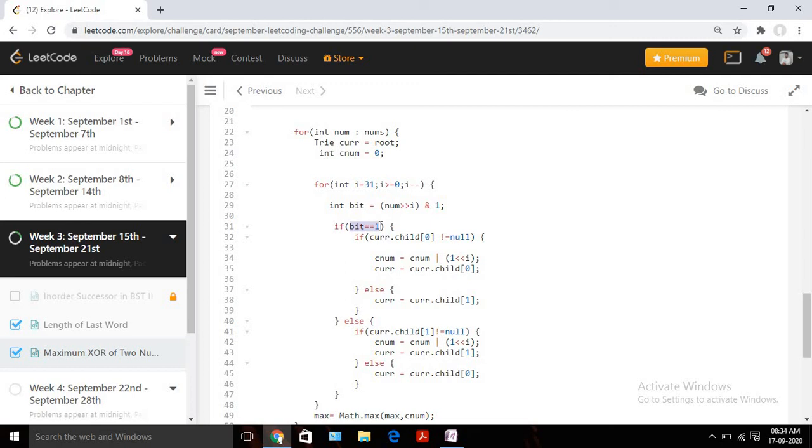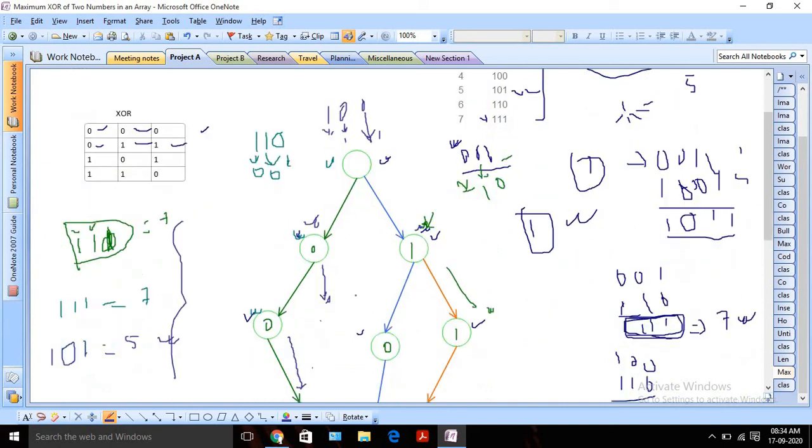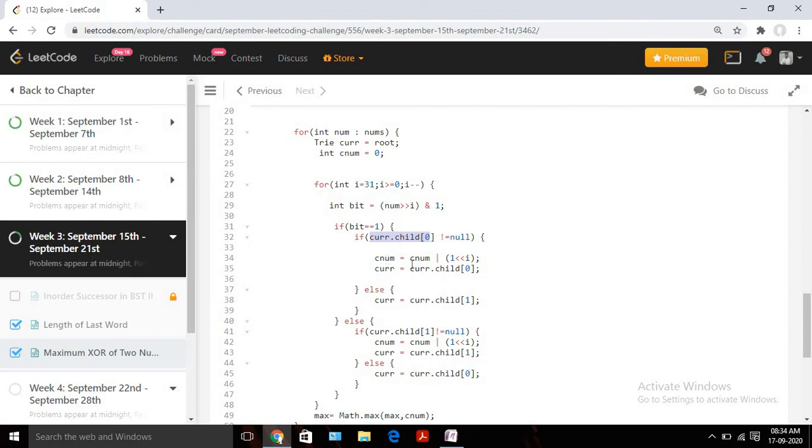If my current bit is 1, then we need to find whether the opposite bit is there or not. So we are checking that if my current node's child 0 is not equal to null, that means my opposite bit is there. So we left shift it and add 1 there, and move our counter forward, else we just keep moving. Suppose it was 0 0 1, so my initial target bit was 1. I can see that my opposite bit is there, so I will add 1 and we will move forward. We are doing that operation in this line.